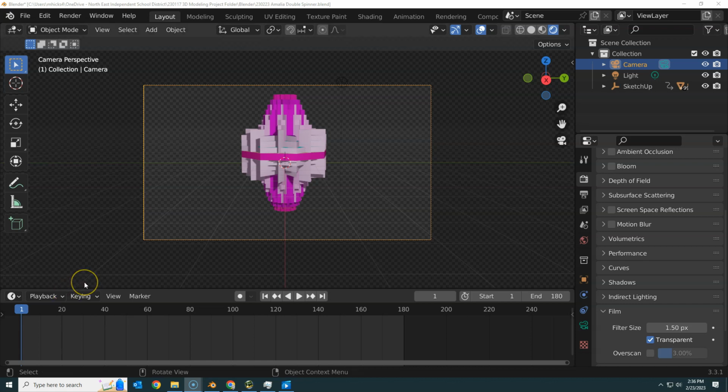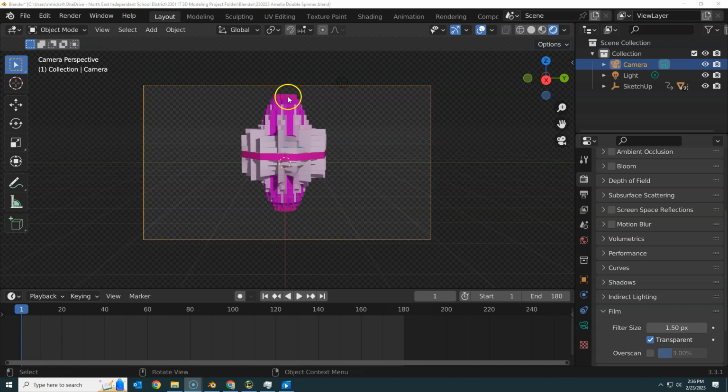Okay, let's talk about replacing this transparent background with a solid green color that we can then use Premiere to turn it back into transparent. The only film format that we have that has transparency is the MOV QuickTime format, which Premiere at our school does not support. So instead of rendering out 180 PNGs with transparency and stringing them all together, we're going to